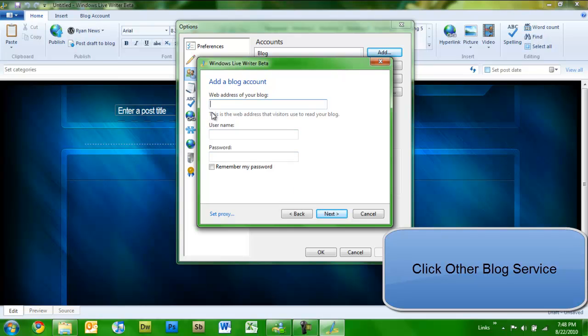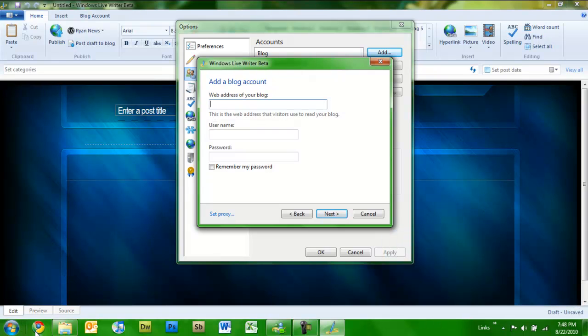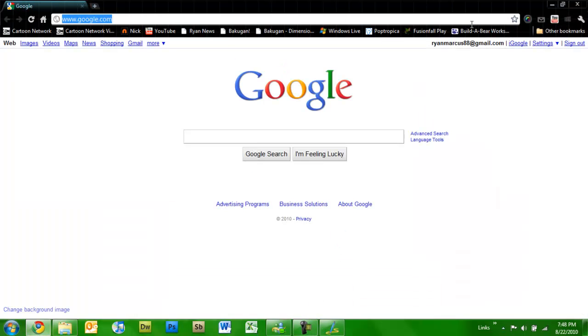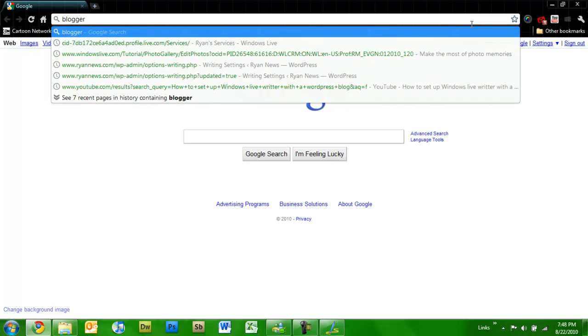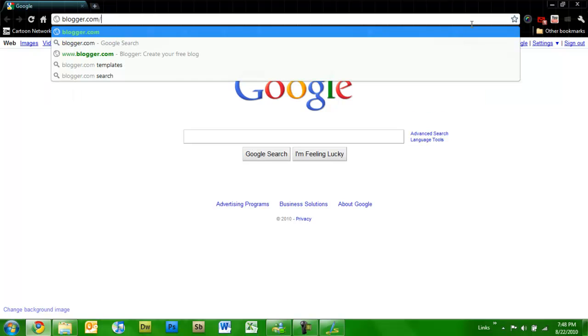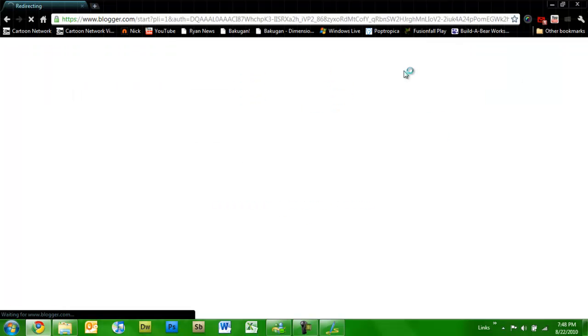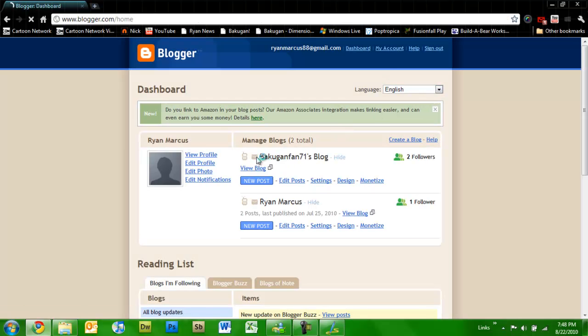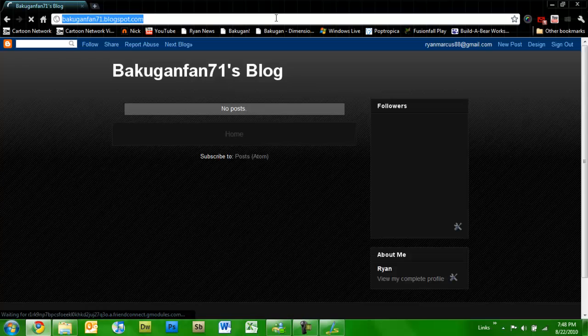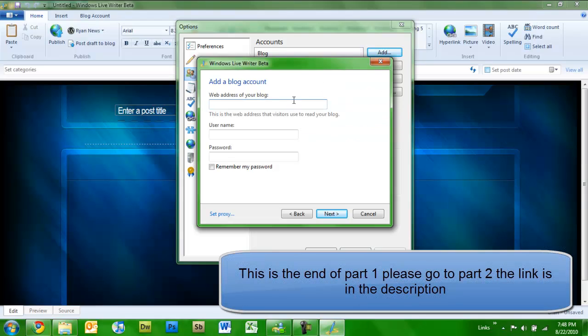And enter your blog's URL, and I have a sample one for you, it's from Blogger.com. And you gotta copy the URL of your blog, paste it in,